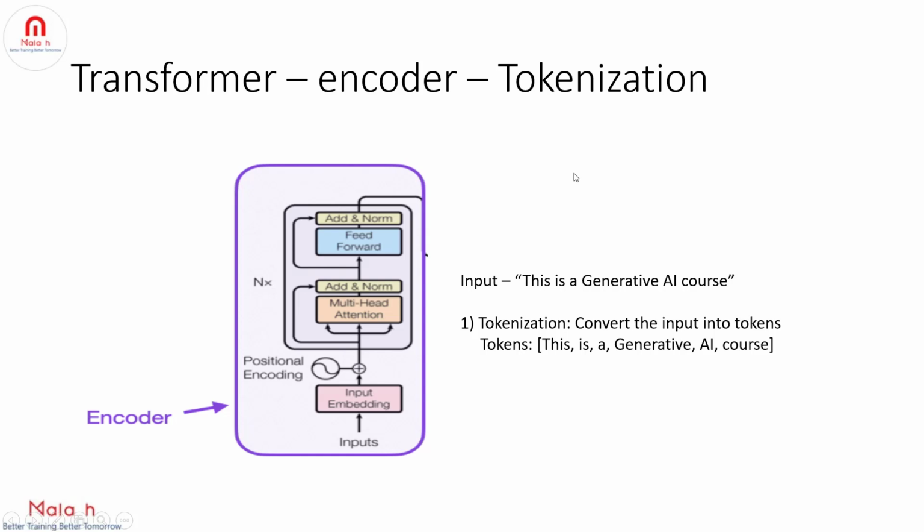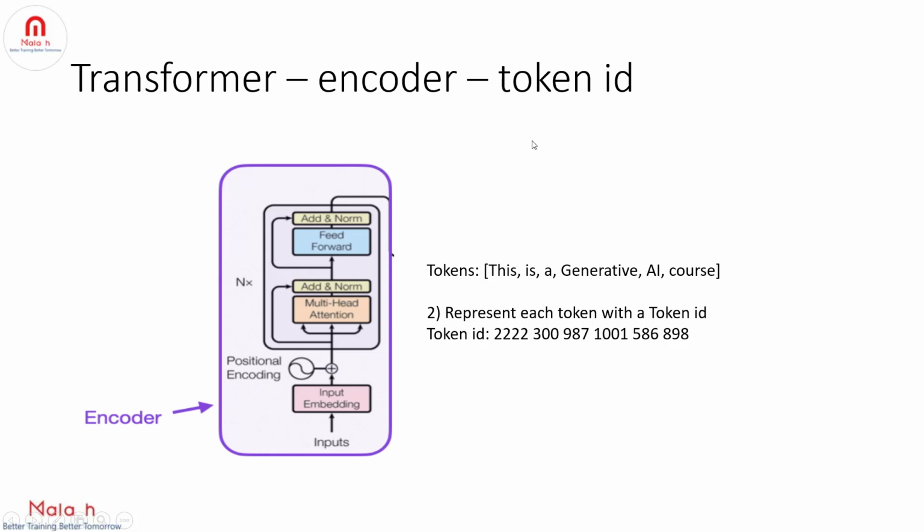It will convert the input into tokens. So our input is, this is a generative AI course, and it will convert into tokens, that is, this, is, a, generative, AI, course. We have 6 tokens, and once the tokenization is done, the next step is token IDs. So we are trying to represent each token with a token ID. This token ID is nothing but the position of the word or token in the entire vocabulary of